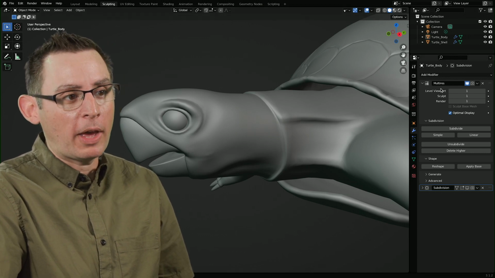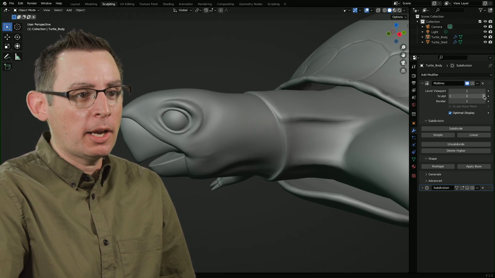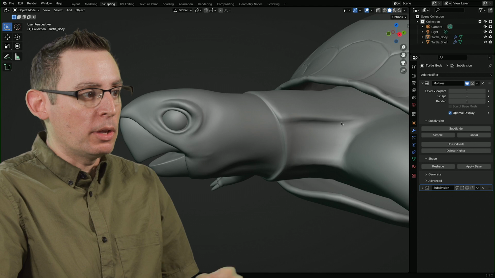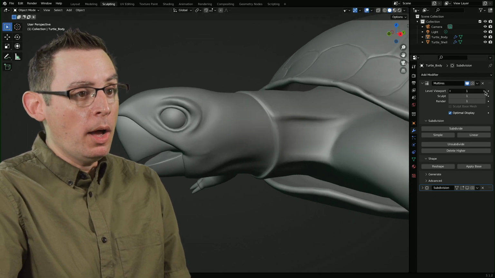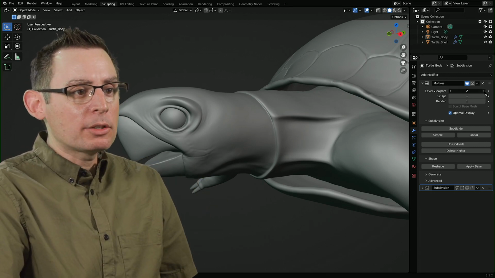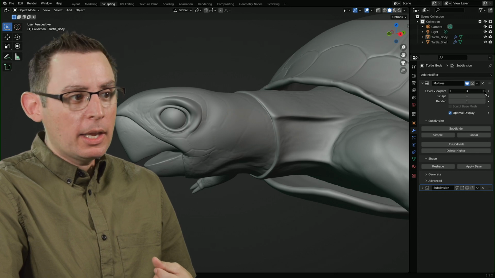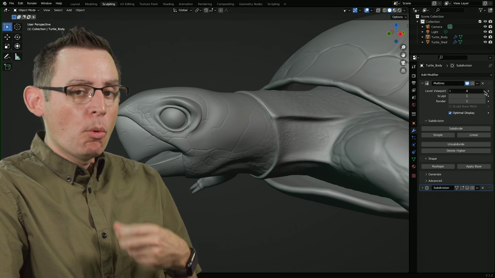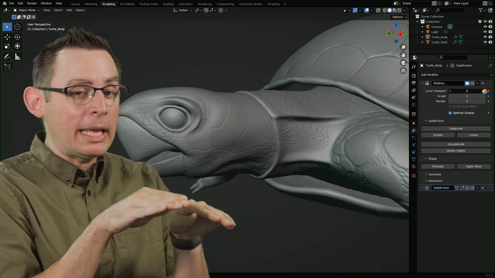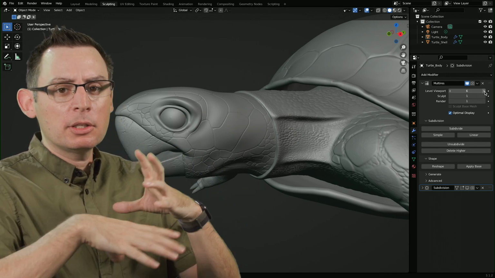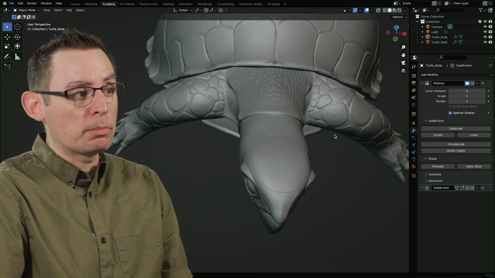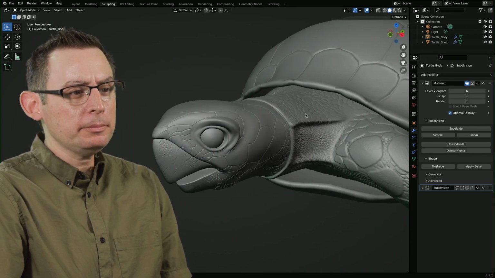I'm going to go back into object mode real fast. The multi-res modifier is in object mode. We'll check it out. I've added more detail. At multi-res level 1, this is the level of detail on the mesh. But as I go up, I've added more. At every level, I've sculpted in more detail. And each level gives me more geometry to play with until we get to the point up here at level 6, where we now actually start having a tremendous amount of high-frequency detail sculpted into the mesh. All the scales, the scratches, the surface details for the entire turtle are preserved in this multi-res subdivision surface modifier, which is pretty cool.